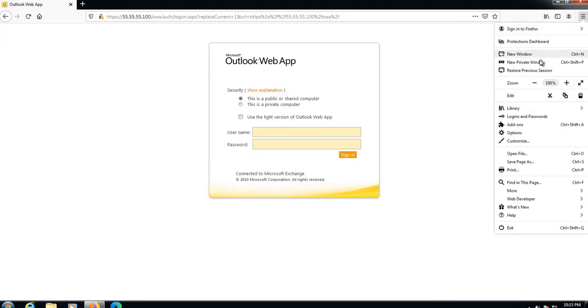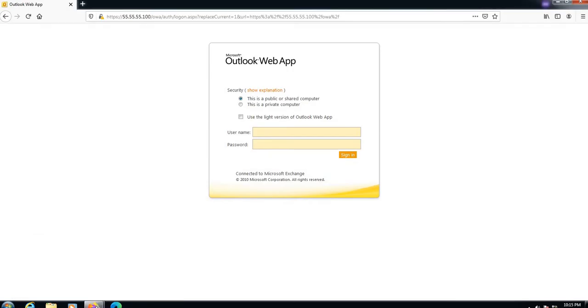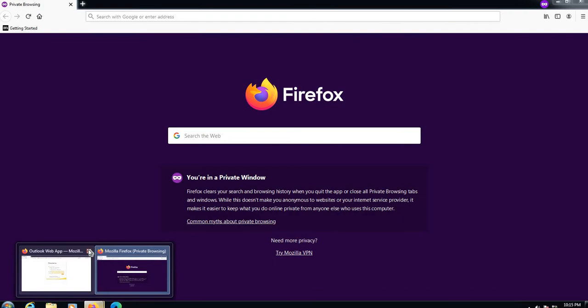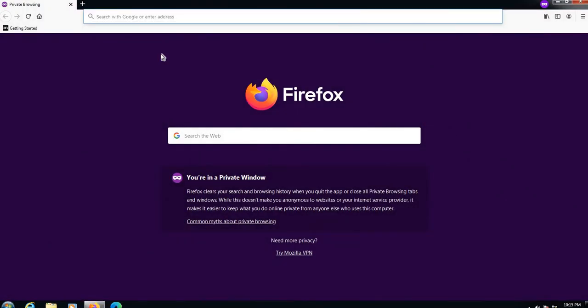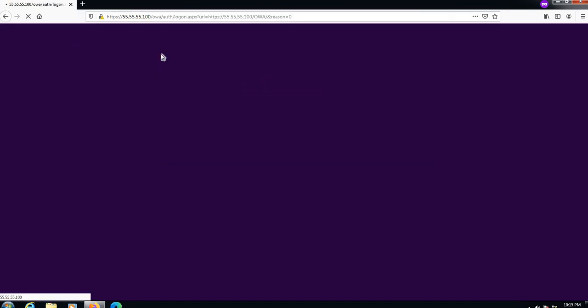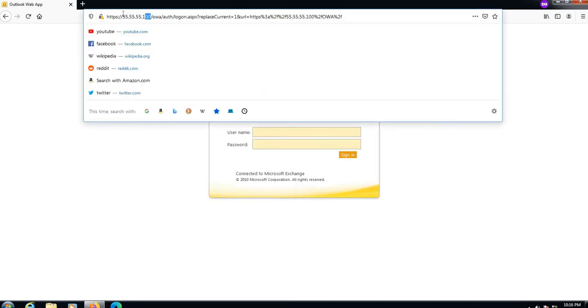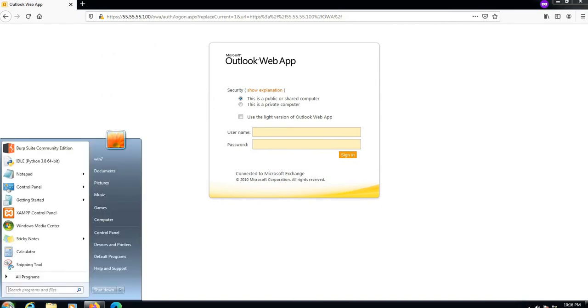So let's go to our remote PC and open a private window. It's going to slash OVA, so it is working fine now. I'll add one more thing: rather than accessing through the IP, we will add one host entry so that we can access this through our own domain. It looks good and it's standard practice, so let me open the host file.